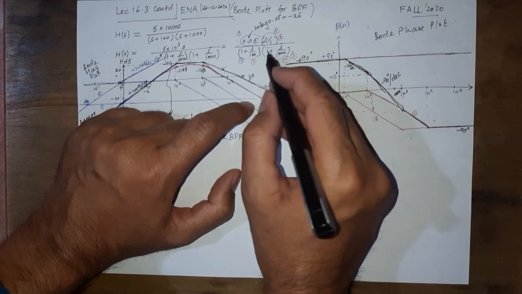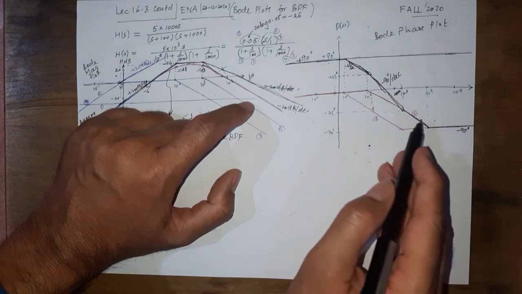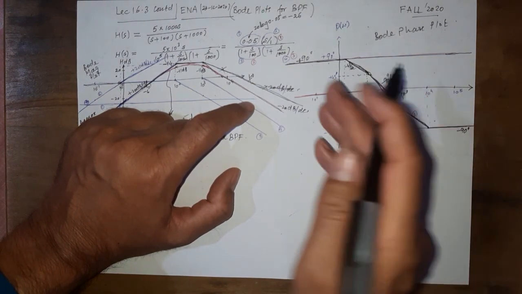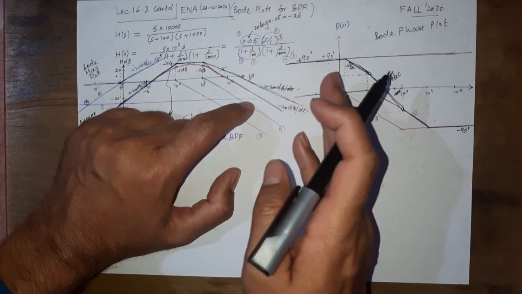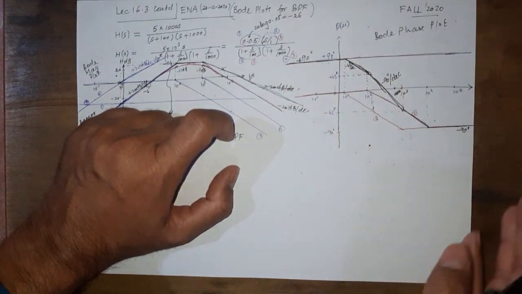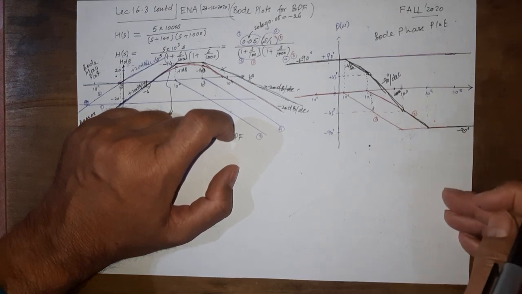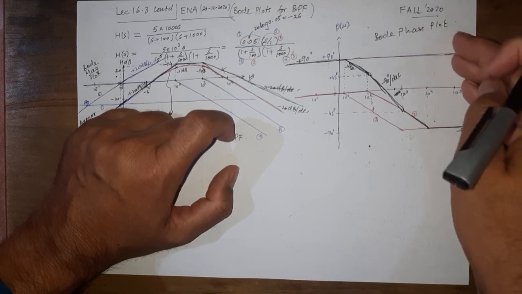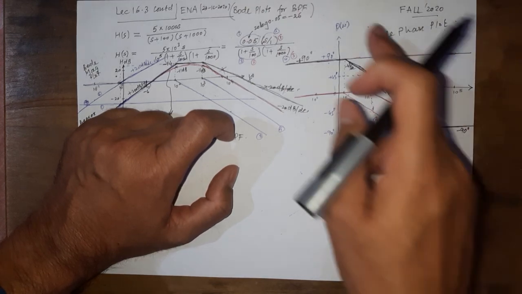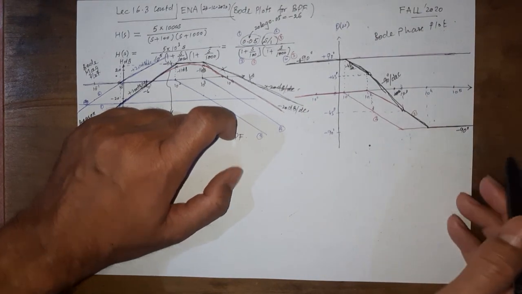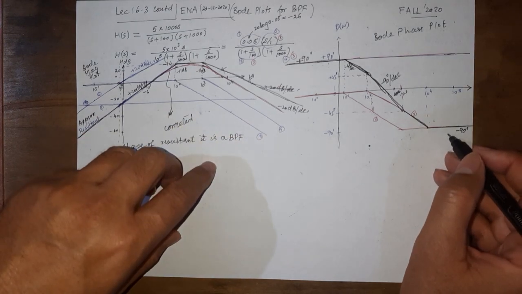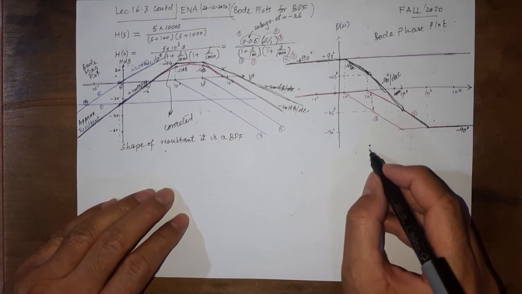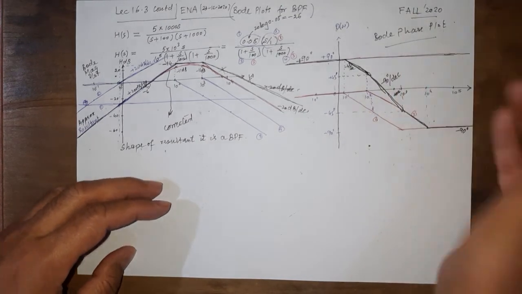So two factors in the denominator have brought this down by this much, whatever it is, because it depends on the frequency where they are. If the frequencies are further apart, it will drop down further, and if it drops beyond minus 180, it will in fact come back up from this point, because the minus 180 line and the plus 180 line are the same. So basically we get this as the resultant Bode phase plot. That's it.